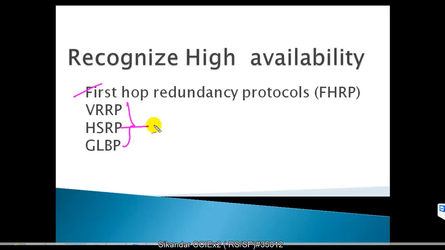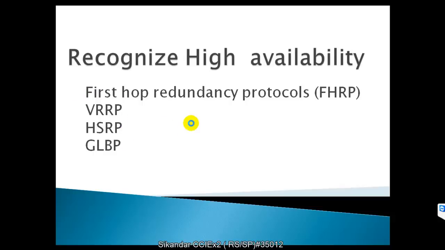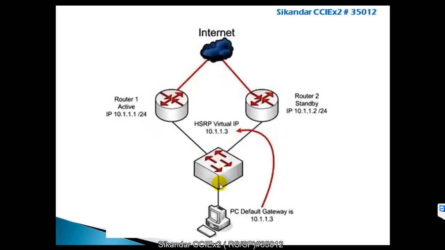Generally HSRP is Cisco proprietary. We'll see the differences, but before we get into the differences, the first thing we need to understand is the behavior and the advantage we get. So let's move on with the advantage here and try to see the difference. Let us verify how HSRP, VRRP or GLBP works here.